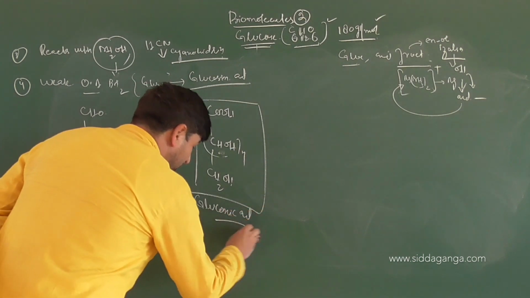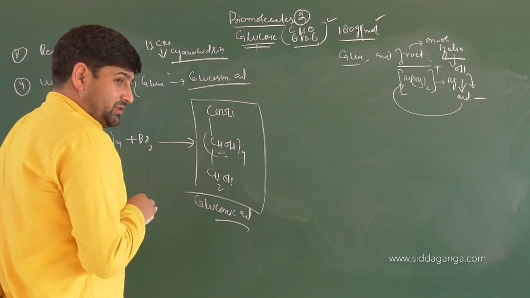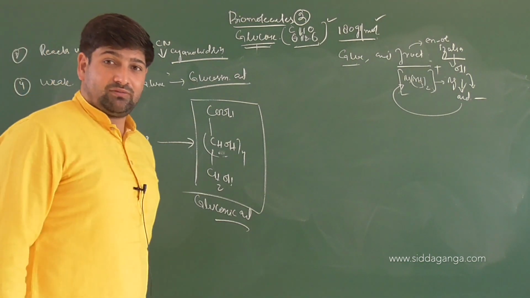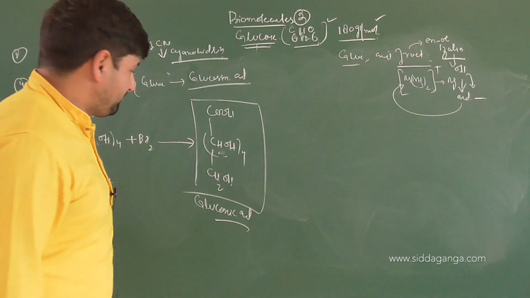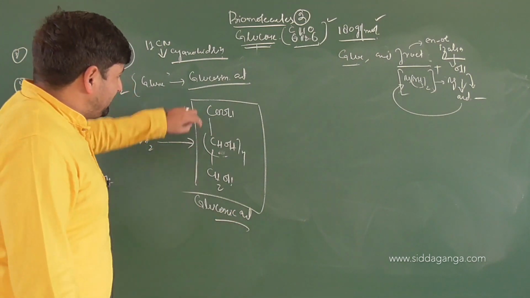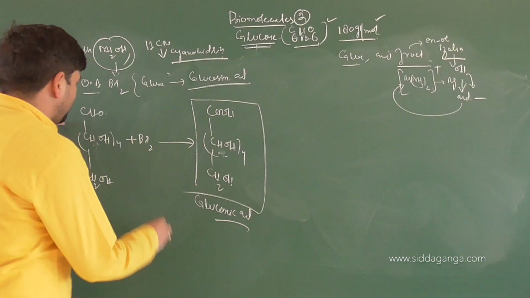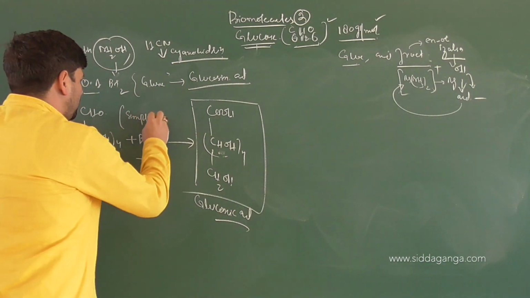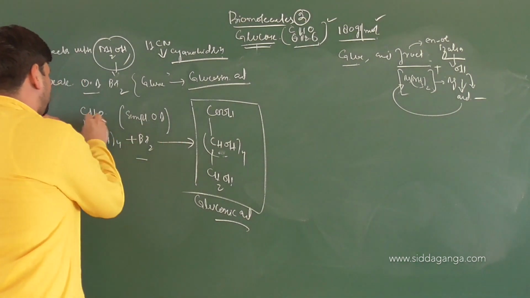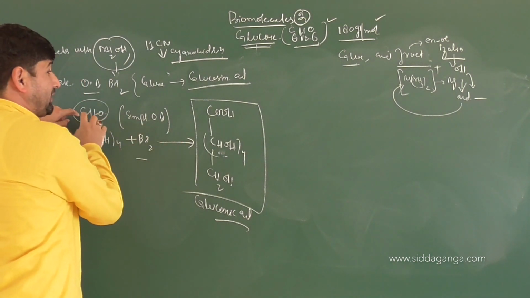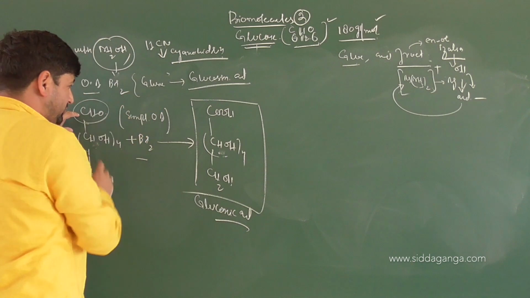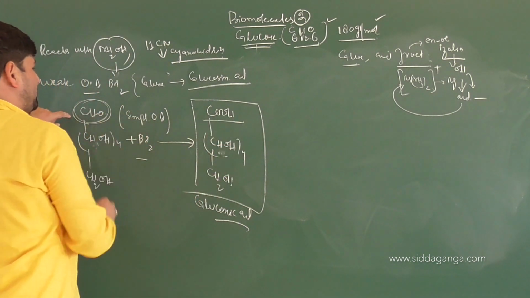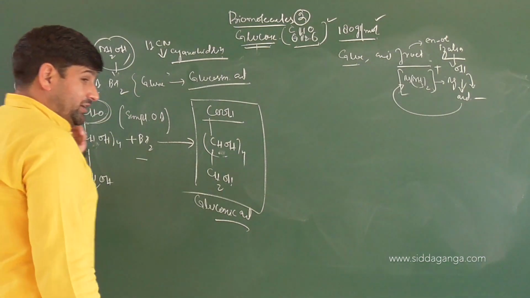gluconic acid. When you do it to the mannose, mannose is also one of the monosaccharides, you get mannose acid. What you are getting? Mannose acid. Now you are getting gluconic acid which has got carboxylic acid present. So a simple oxidizing agent has been able to convert this particular carbonyl carbon containing group, which we don't know whether it's aldehyde or ketone, to carboxylic acid, indicating that the simple carbonyl carbon present is an aldehyde, because in order for